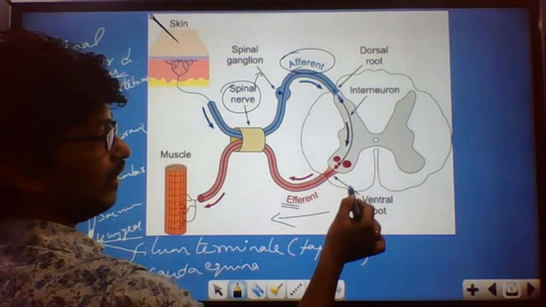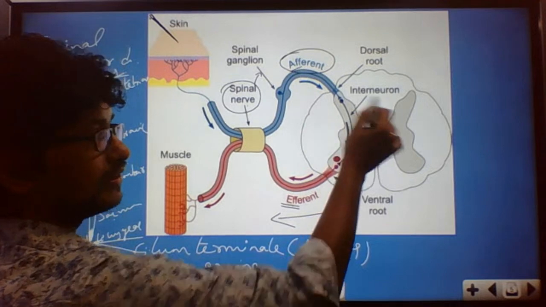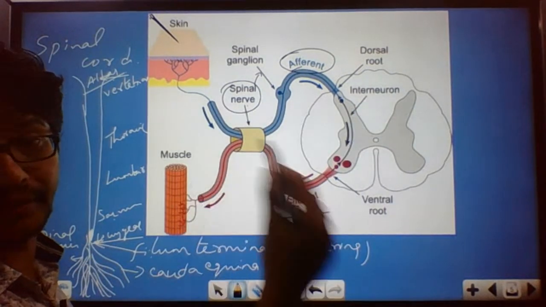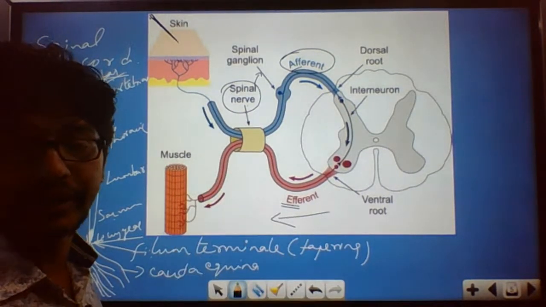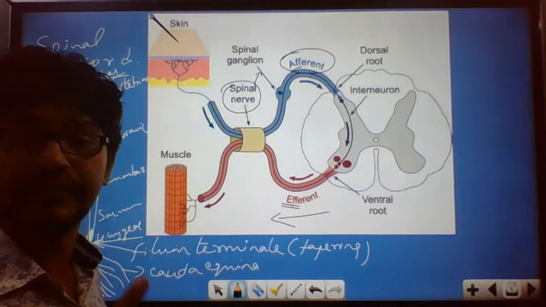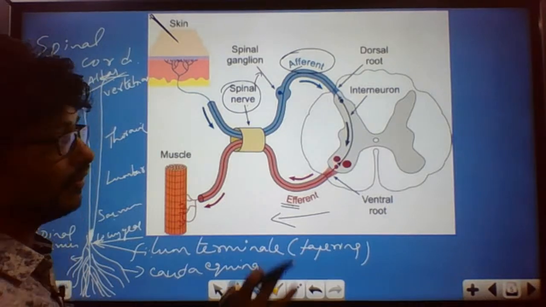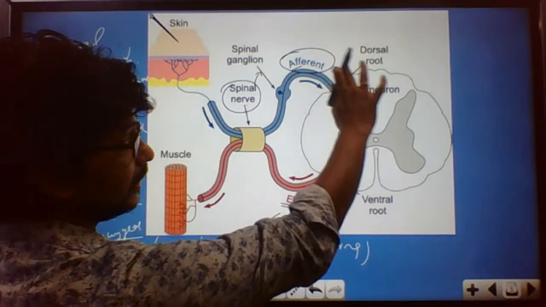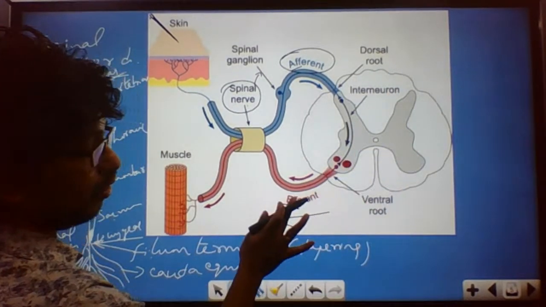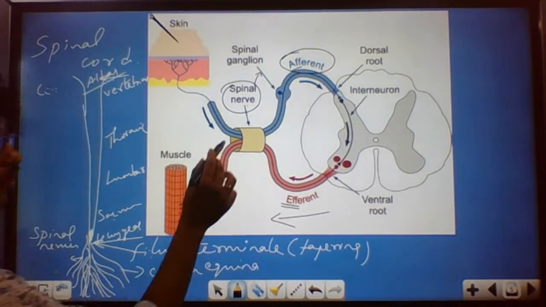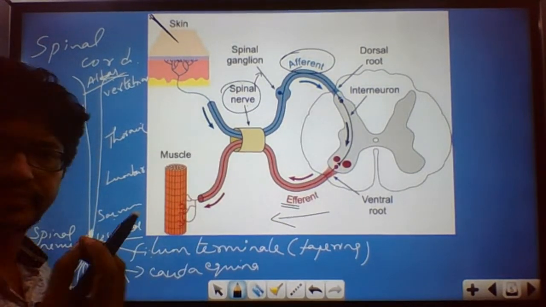From the interneuron, we come to the gray matter. You have studied gray matter and white matter, the butterfly-like, H-shaped structure that you could see in the spinal cord. So this is not actually a new thing for you. You already studied it in the lower classes, so we're not spending much time on this. It goes through the interneuron and comes out through the efferent neuron,